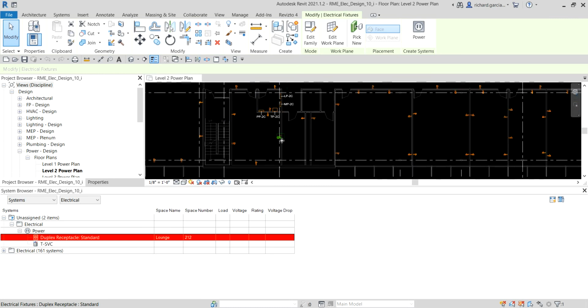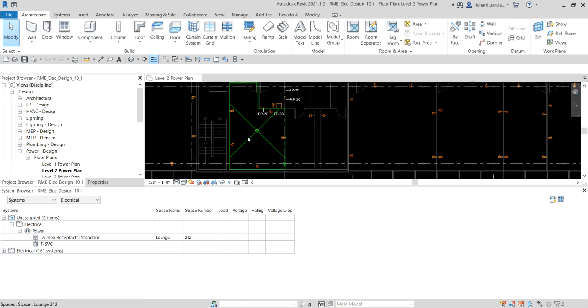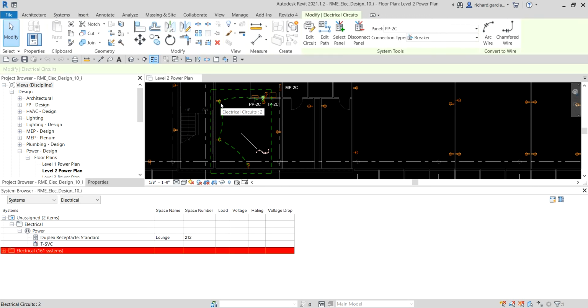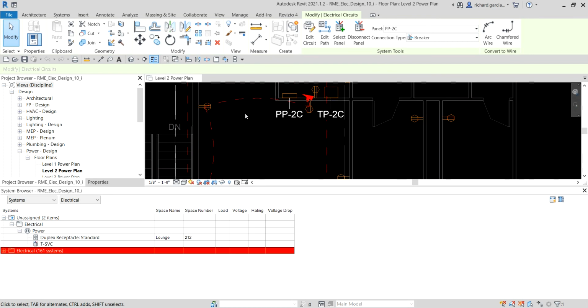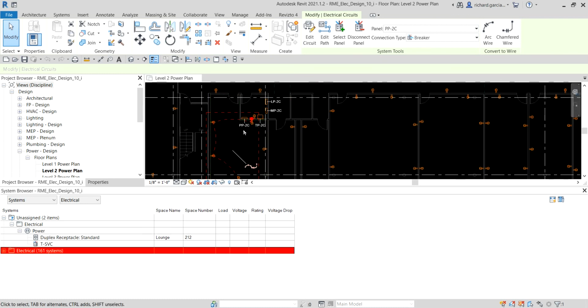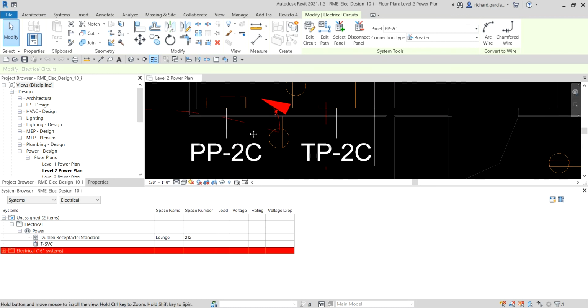Right? And then if I'm going to select here the modify to deselect that one. As you can see, I can hover my pointer to one of the receptacles here and then press tab once and then I click. So you can see that I have these receptacles here. 1, 2, 3, 4 receptacles connected to